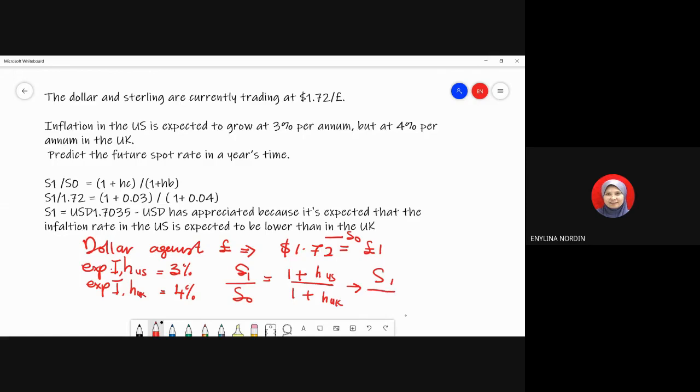The currency is dollar, 1.72 equals 1 plus 0.03, divided by 1 plus 0.04. Then you will get S1 equals